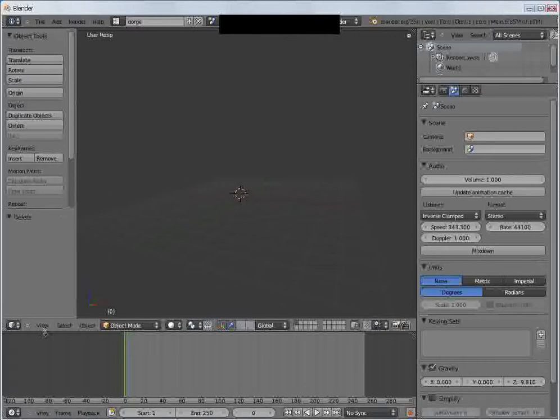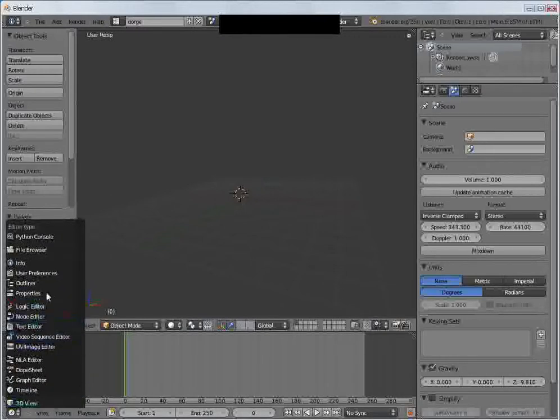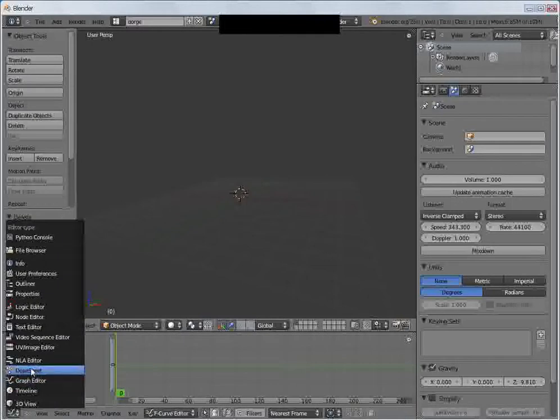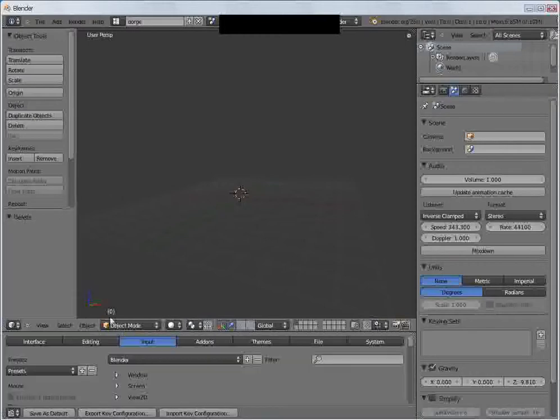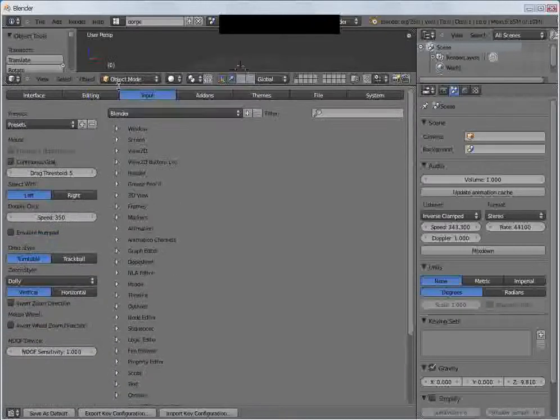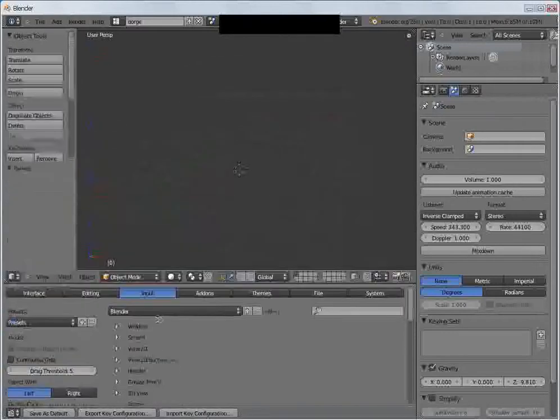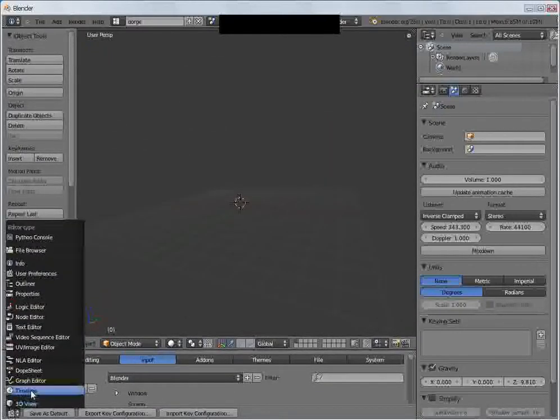And the bottom here, click this icon here, and then we have different kinds of panels you can interchange: graph editor, dope sheet, 3D, and timeline. Just click user preferences, then just push this over on top, and then click left, then the speed for 350 or whatever you like. Now click turntable, click dolly, vertical, and save as default, and then move this down, and then click it again. Now just check on timeline. Okay,